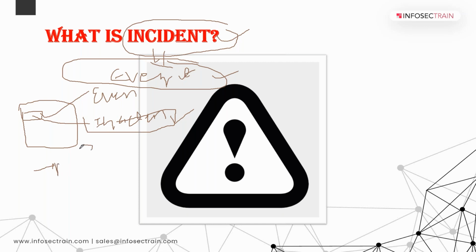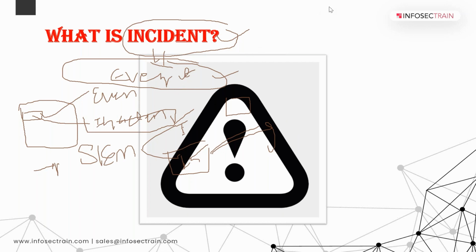If you take SIEM solutions in a SOC environment, guys, we will be playing around with events and with incidents, right? Whenever an incident alert is generated, it means something is misconfigured or some malicious thing has happened there. That's why we get incidents. We work on those incidents, whether it is a false positive or a true positive, and we need to analyze that.